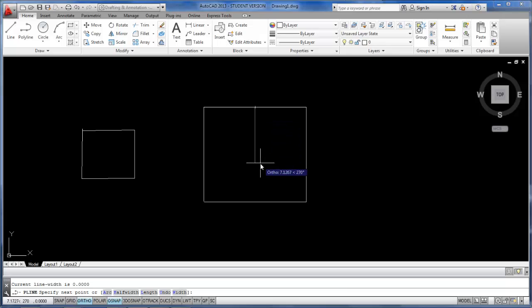So midpoint, and I'm going to come down here, and notice what happens when I get really close down here. It's going to automatically grab that and try to connect that to the next midpoint. I'm not going to let that happen at this point. I'm going to come back up a little bit so that's not clicking that midpoint, because I'm not sure if those lines are exactly the same. Now I'm going to hit escape,